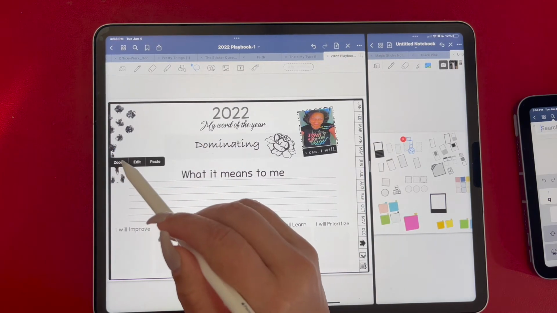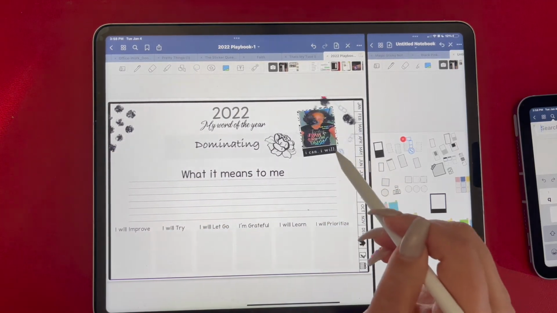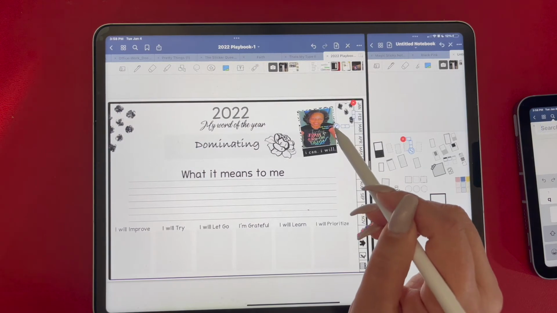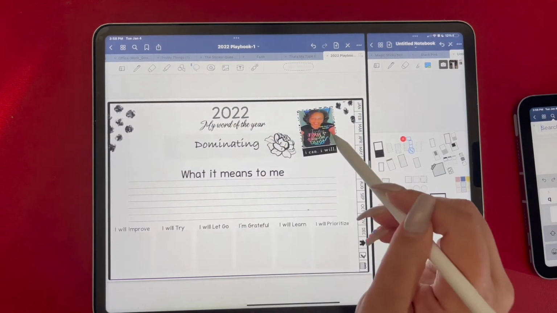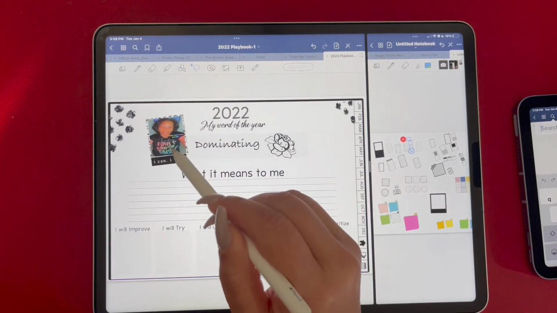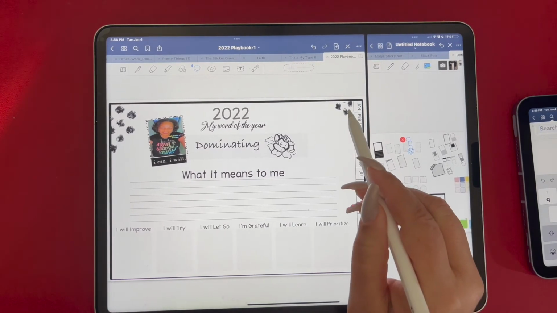I think I kind of just like them in the corner. So maybe I can put it over that there. Okay. And then you might want